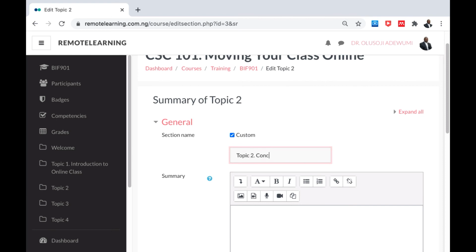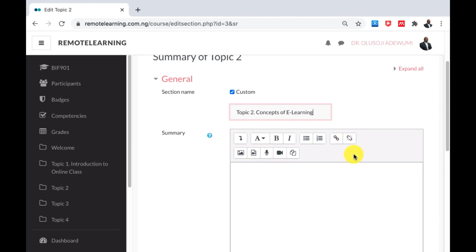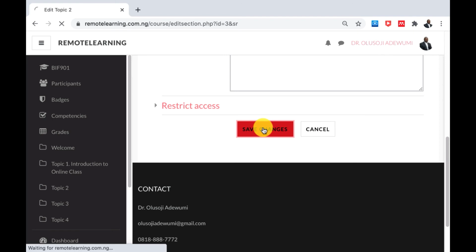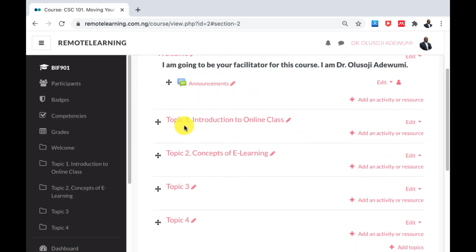Concepts of e-learning. So this is how you can change all the labelings. Topic 2, concept of e-learning, and of course click on Save Changes, and that is changed. Okay, so what we have, you have Introduction to Online Class, you have concept of e-learning, and of course you